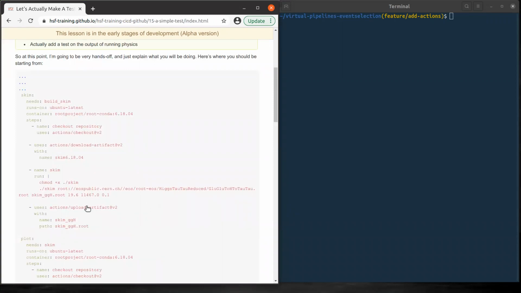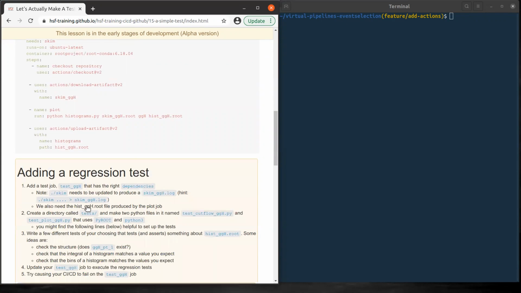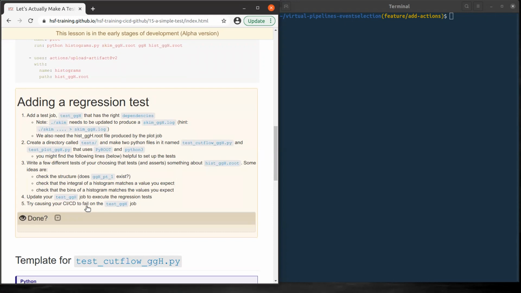So up to now, we've tested the code, all the scripts that we need to select events from the data, reading, the skimming, to reduce the data and produce some histograms for plots. And now what we're going to do is make a regression test.